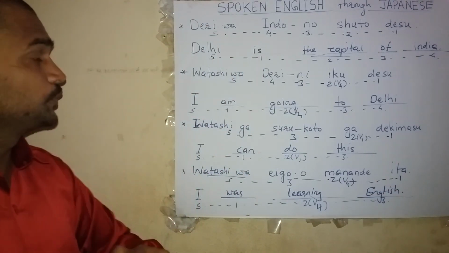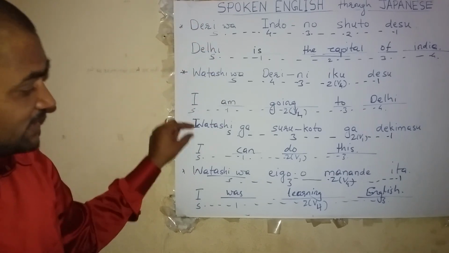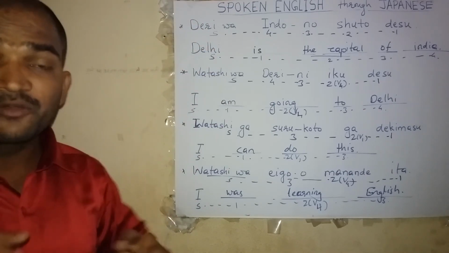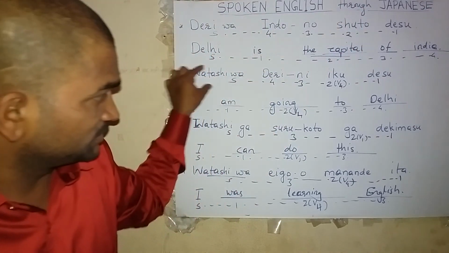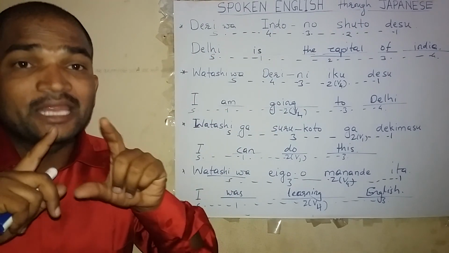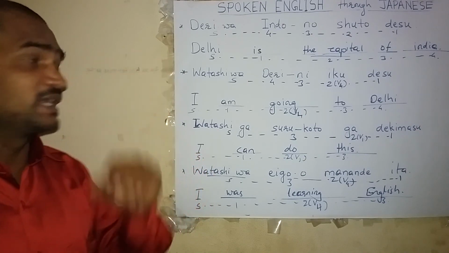Now, what should we do? We should look at all these Japanese sentences. But while looking, your eyes should be on the Japanese sentences, but orally, you should try to speak the sentences in English. Such as,